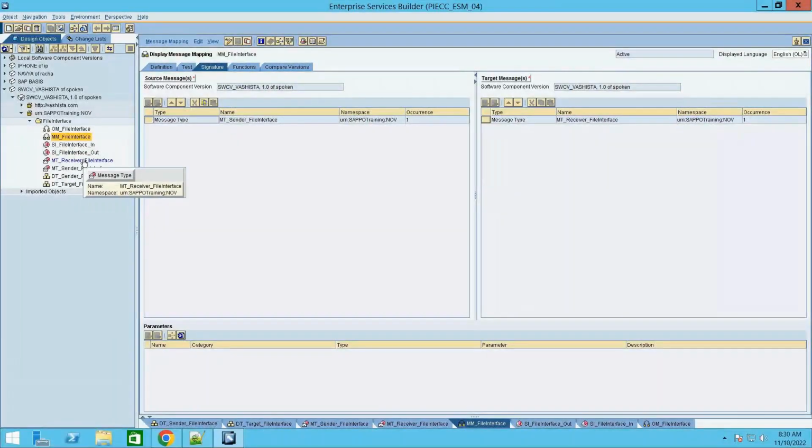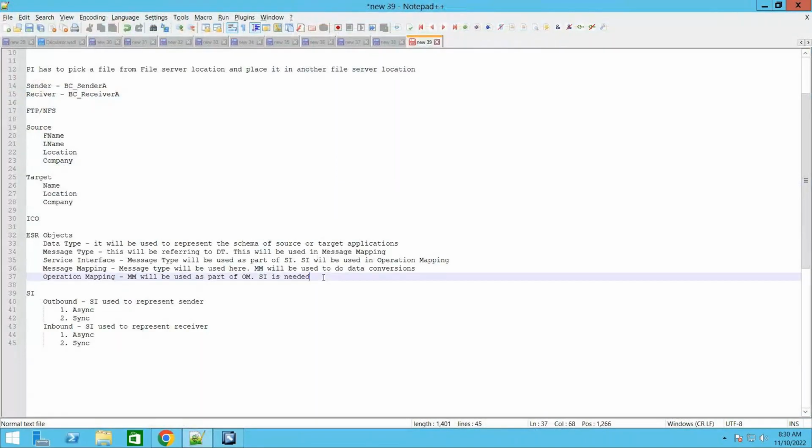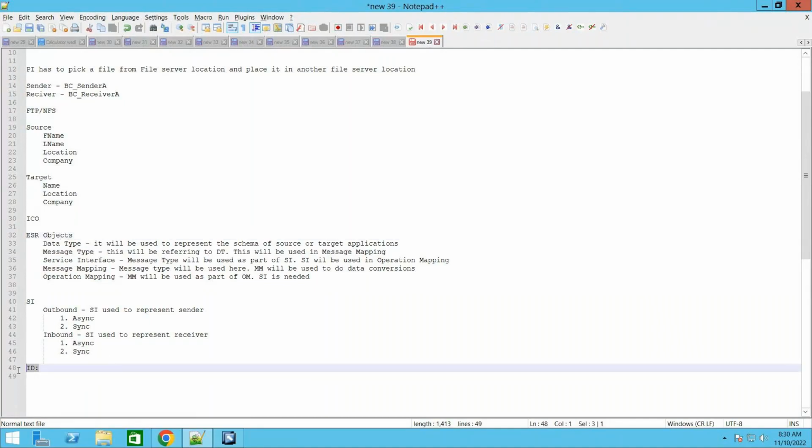Similarly, we don't use message type directly in our ID, whereas the operation mapping that we have created, you need one link, right? So these ESR objects are separate and ID objects are separate, right? The ID objects that we are going to create tomorrow will be separate again. So then what is the link between ID objects and ESR objects? This operation mapping acts as a link between your ID objects and ESR objects,